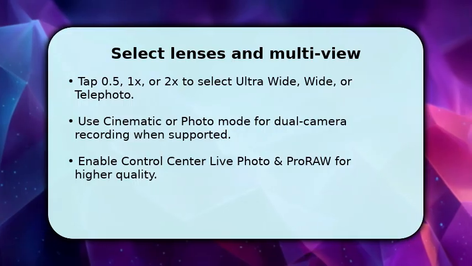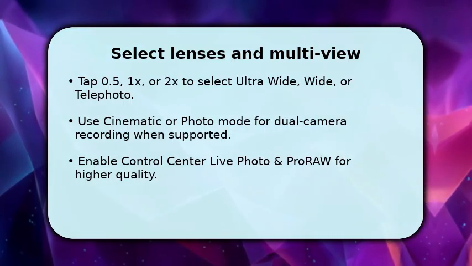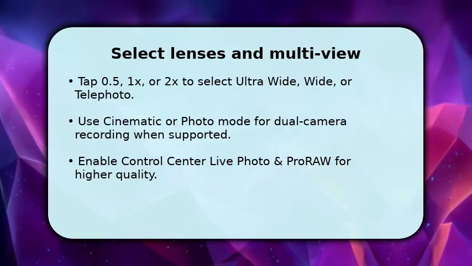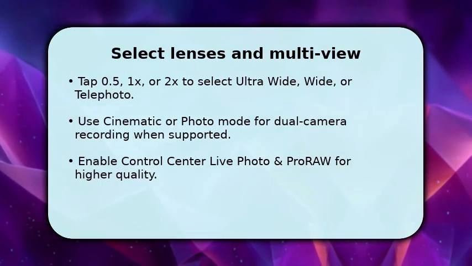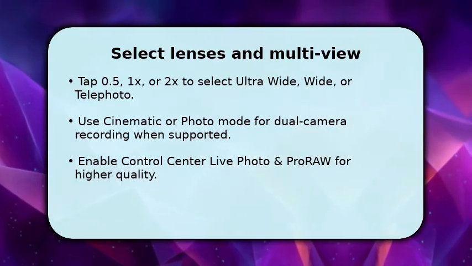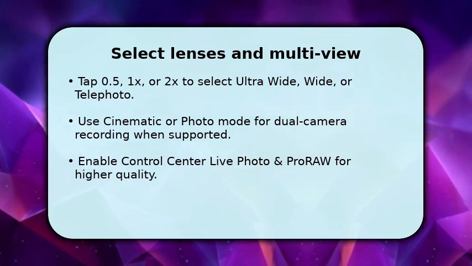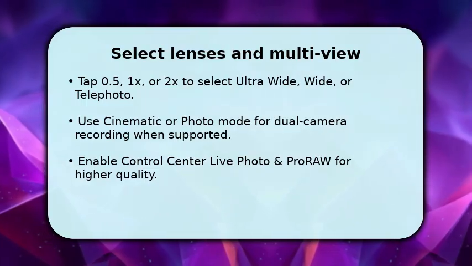For simultaneous capture, use cinematic or compatible video modes that let the system use multiple cameras. This provides subject separation and smooth switching. Make sure to enable Pro RAW or higher quality options if you need editing latitude, and toggle live photo for a quick motion reference. Then, position the subject and steady the